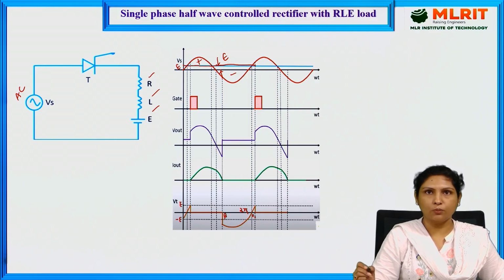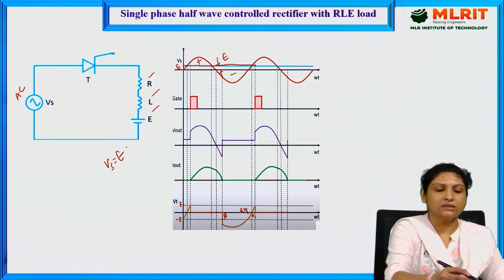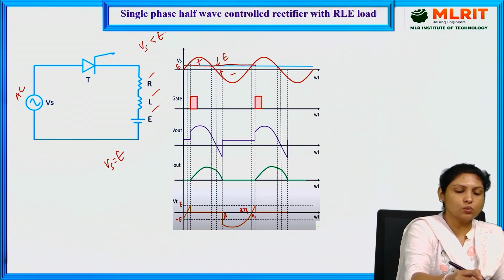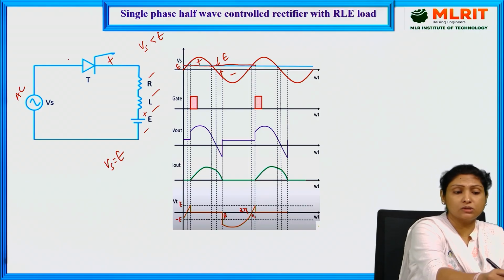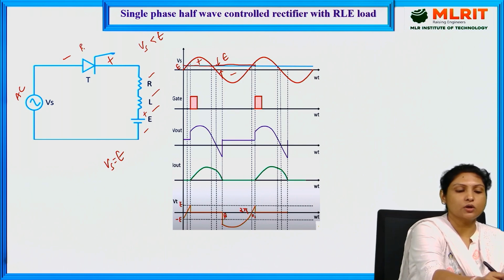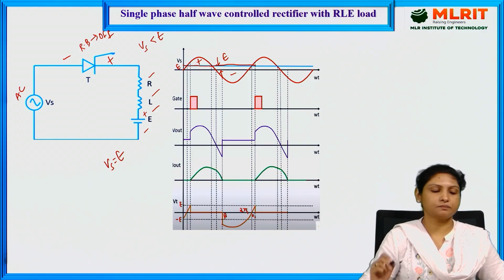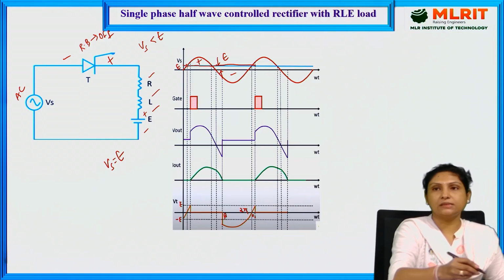So, the moment when Vs is equal to E. Why am I saying Vs is equal to E? See, if Vs is less when compared to that of E, in that case what happens? This voltage will be more positive. That means the cathode will be more positive when compared to anode. That means thyristor remains in reverse bias state, or we can also call it off state. So that is the reason we can never turn on the thyristor when Vs is less when compared to that of E. And the moment at this particular instant, say Vs is equal to E,